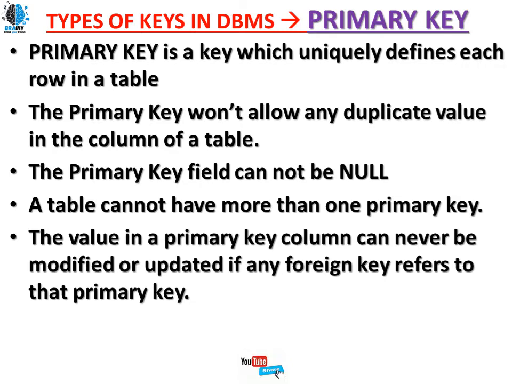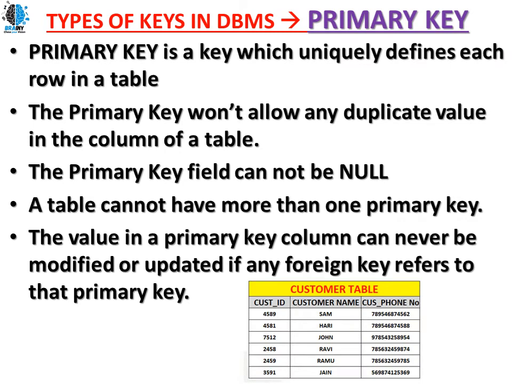So for example, if you have a customer table, in this customer table I have a customer id, customer name and customer phone number. So I'm going to make customer id as a primary key. In this primary key column, I cannot have duplicate values in terms of numerical data. Whereas if I take a customer name or customer phone number, this can be repeated. Customer name can be the same. So that's the reason I'm making this table unique with the help of a primary key column.